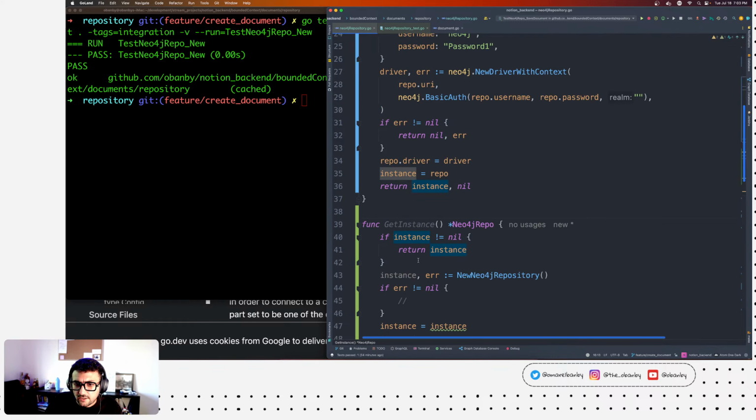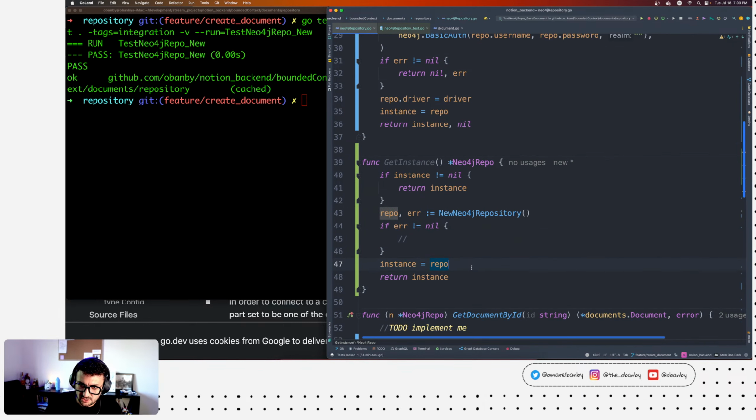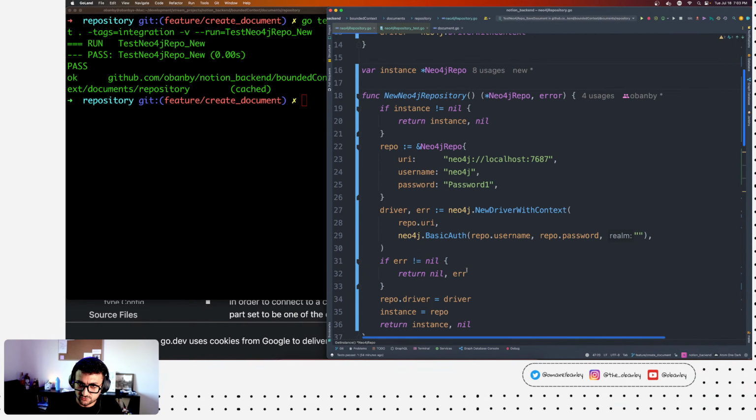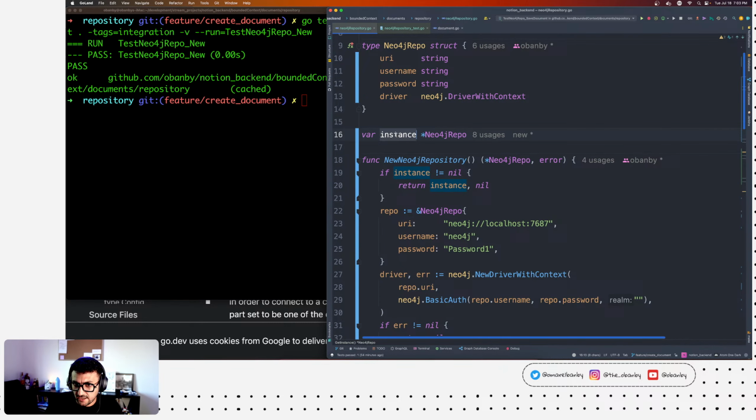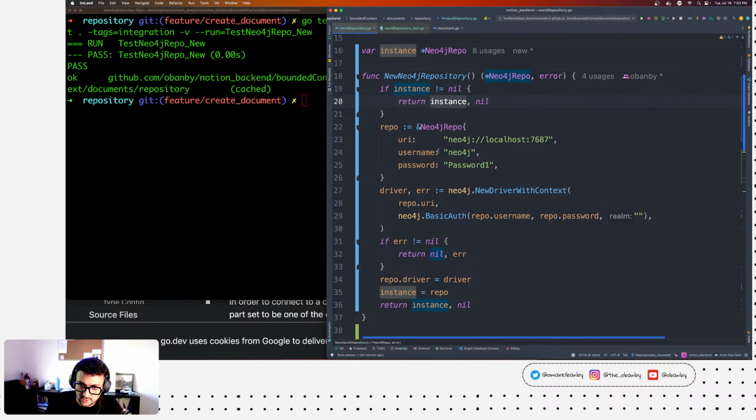Great. And now here, bam, bam. So that gets a bit cleaner to talk about. So we have an instance, and if that instance exists, so it's not empty, we return the instance that currently exists.